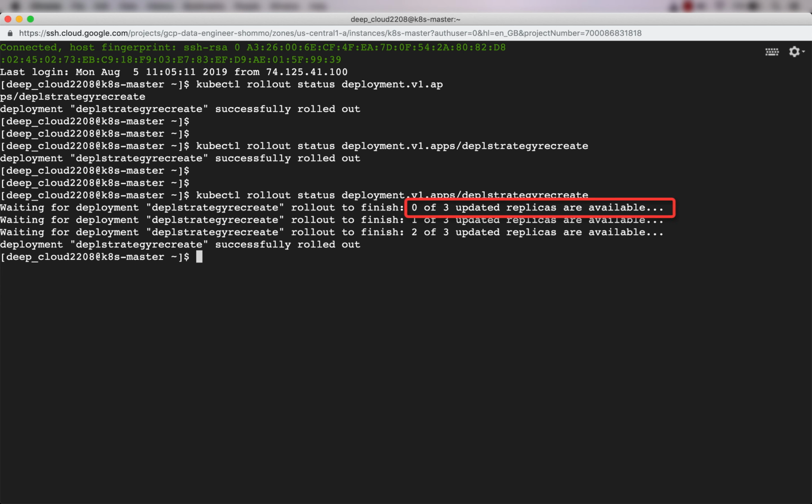Now this is what I want you to concentrate on: 0 of 3 updated replicas are available. That means we had some time wherein we did not have any replicas available and the application was down. The reason for this is that we used the deployment strategy recreate. So it deleted the existing pods and then created all the pods from the beginning.